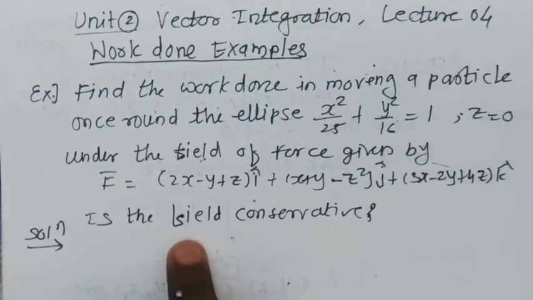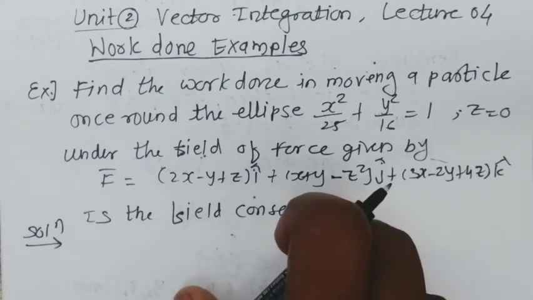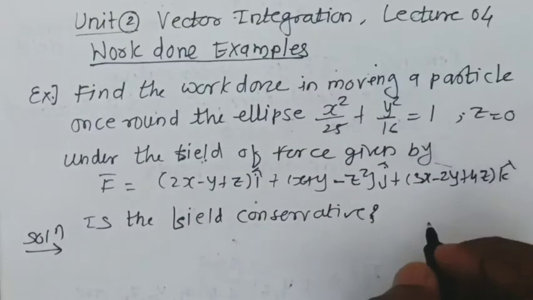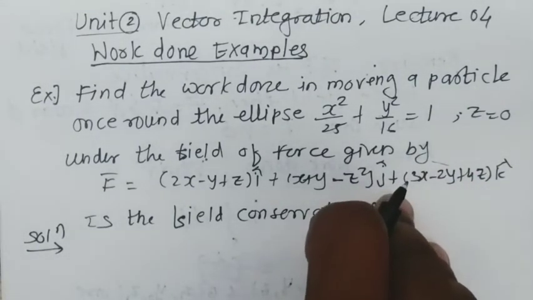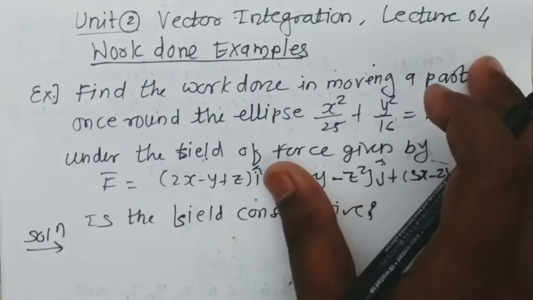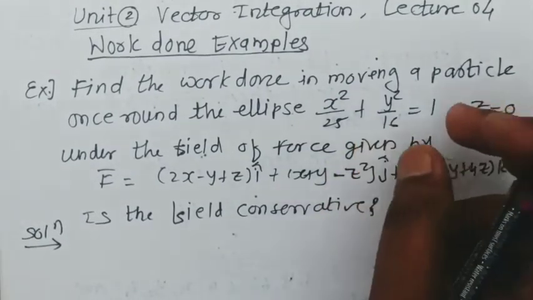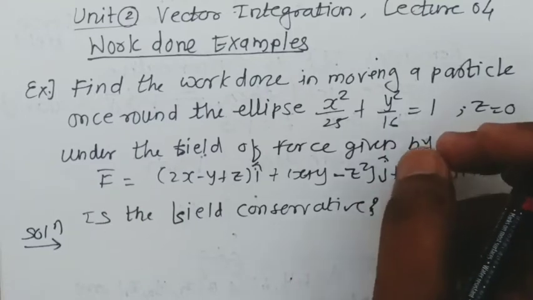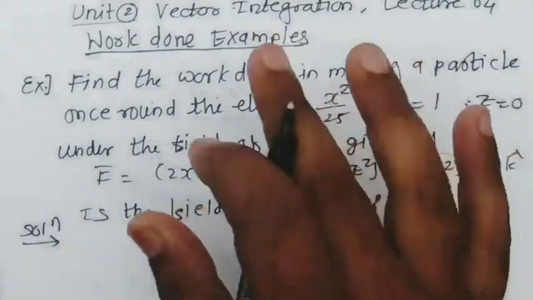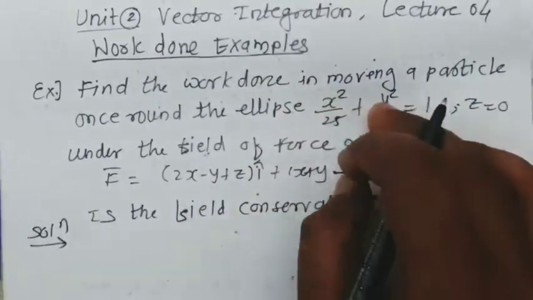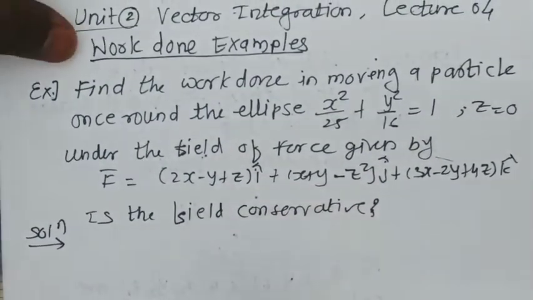And another question asked is: is the field conservative? Whenever the field is conservative, the work done over a closed curve is always equal to 0, because we have discussed that in a conservative force field the work done on the particle depends upon the end points of the curve, and we have evaluated the value of the integral as phi at b minus phi at a. But if a and b are the same point, then phi at b minus phi at a will be equal to 0. So for a closed curve, if the field is conservative, work done will be 0. So we just have to calculate the work done here, and if the answer is equal to 0, then we'll say the field is conservative. Otherwise, it will not be a conservative field. So let us start calculating the integral.